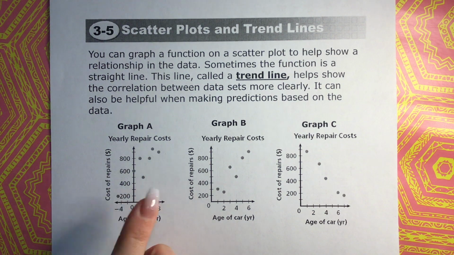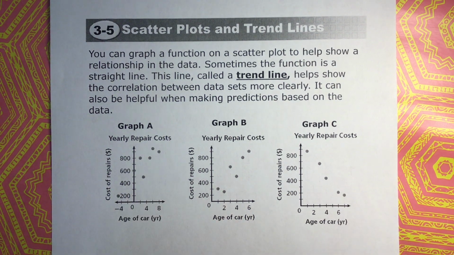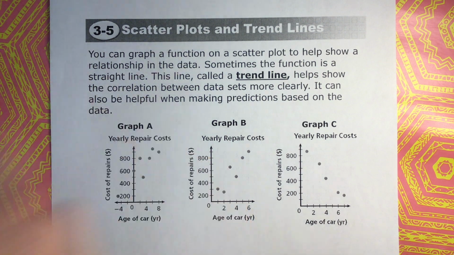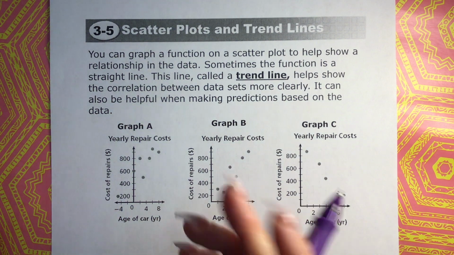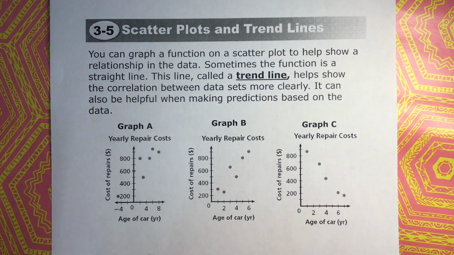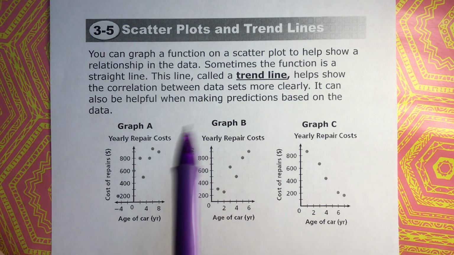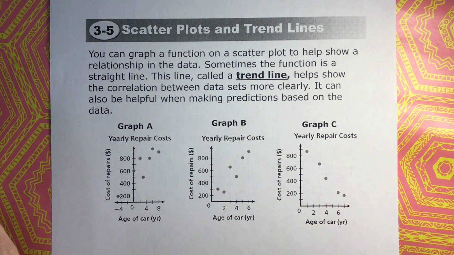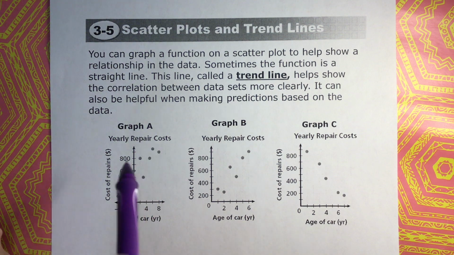So here are 3 different graphs, okay? And this actually refers to the previous example that we were looking at. And what we want to do is practice drawing trend lines. So there's some type of thing out in the world, and people collect data. Once they collect that data, they collect it as ordered pairs, and then they plot those, and then